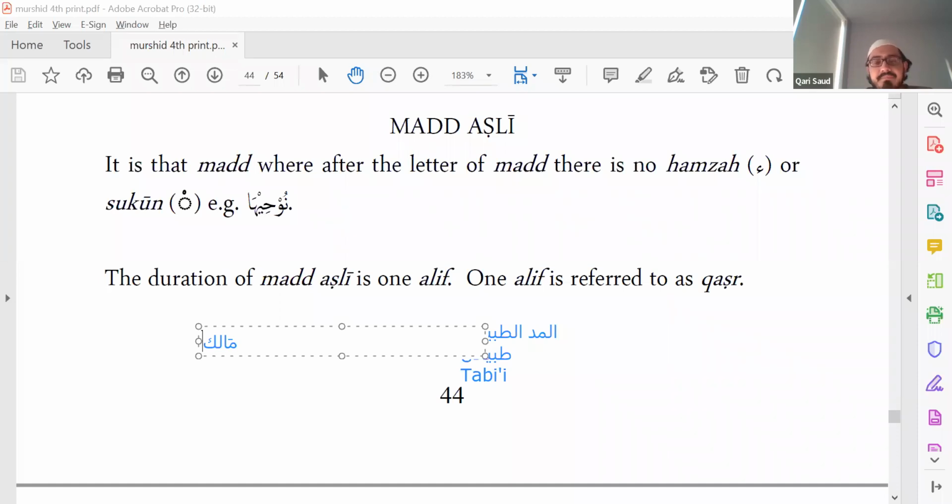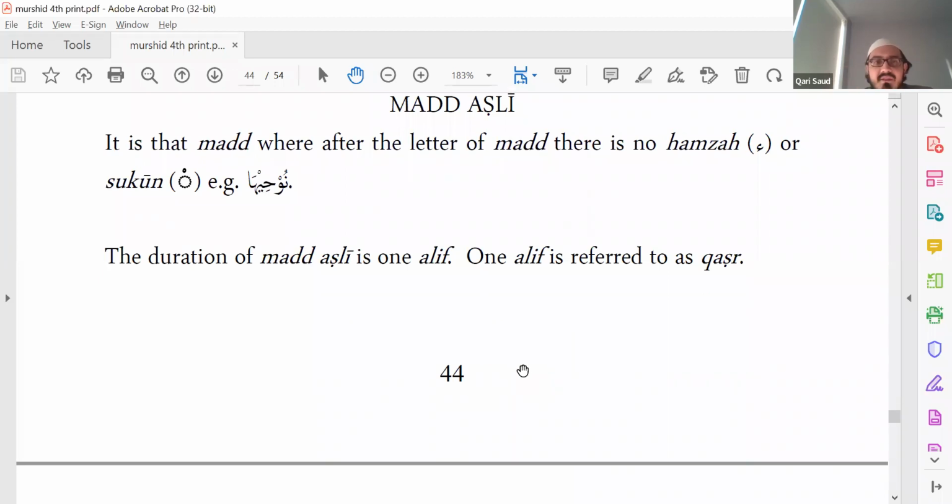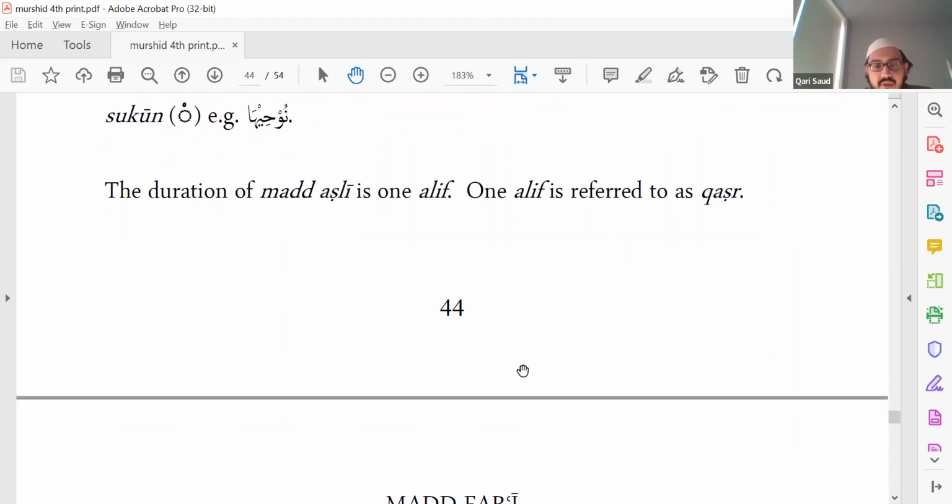They're going to say maliki, wa idha, and so on and so forth. Like ar-Rahmani ar-Rahim. So you're not going to say ar-Rahmaaani. It's going to be a natural mad. That's why it's called mad tabi'i or mad asli, and it's also called qasr. The duration is one alif. So this is quite easy, and you don't need much practice on this because it comes naturally. If we tell anyone to read it, they will most likely read it just the duration of one alif.